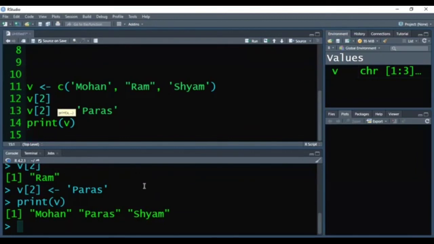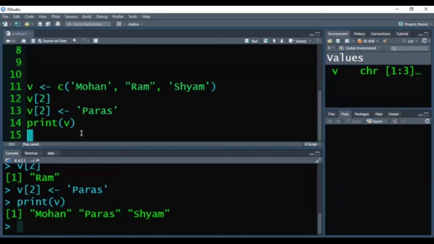So friends, this way we can use subsetting on other types of vectors also, using the indexing inside the square bracket followed by the name of the vector. In any kind of vectors like numeric, character, logical or complex, we can use the subsetting process using the square bracket, and inside the square bracket we need to give the index of the particular element which we want to access.